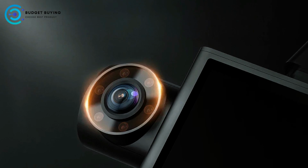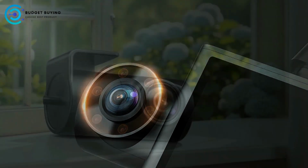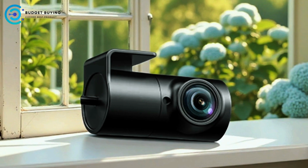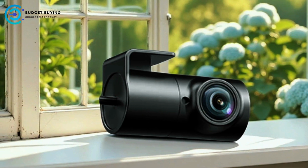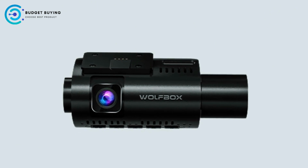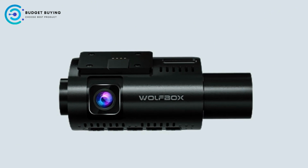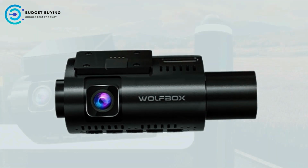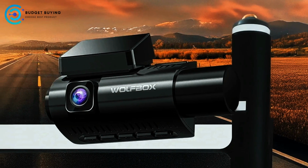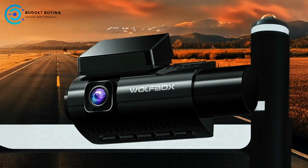Designed for clarity, the front-facing camera can record in stunning 4K, while the cabin camera supports 1080p. A 3-inch LCD screen enhances the user experience by providing a wide, immersive view of all camera feeds in real time. This setup is ideal for both daily commutes and long road trips, offering reliable documentation of every moment on the